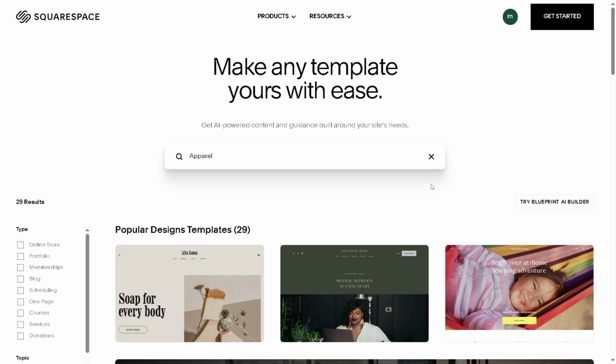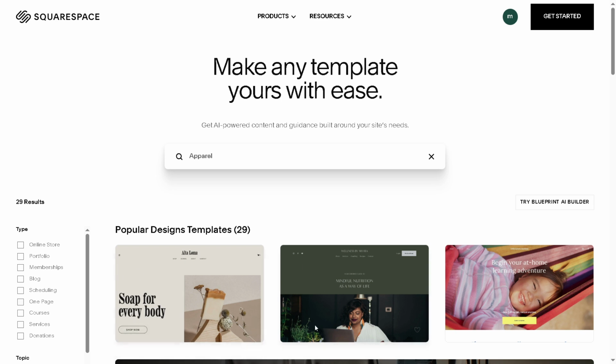This library possesses a vast collection of templates, so it can become quite overwhelming. But don't fret. To make this an effortless task, employ the filter function that Squarespace provides. Filter the template sizes by type, and then select the one-page option. Upon narrowing down your choices, have a perusal through the options and settle upon the most suitable template to commence